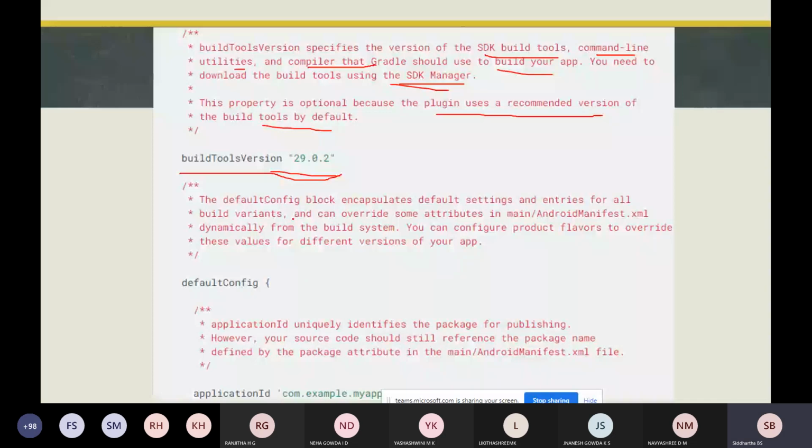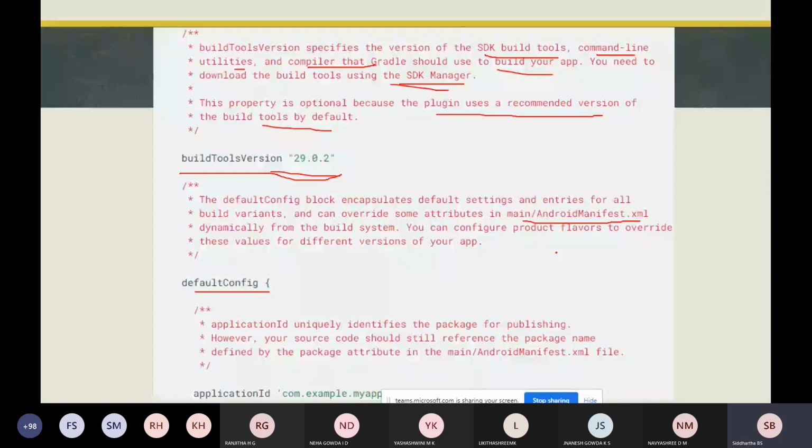So what you have specified in the AndroidManifest.xml can be overridden if you change the configuration in the default config block. It builds the system dynamically, where you can override things for different versions of your app.